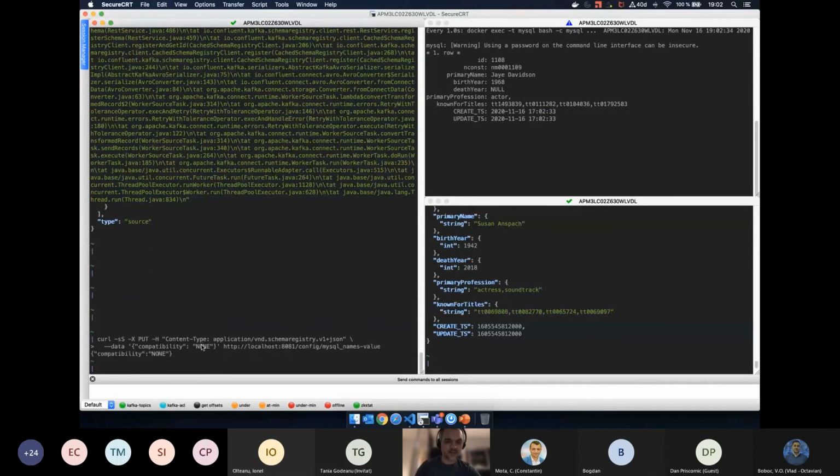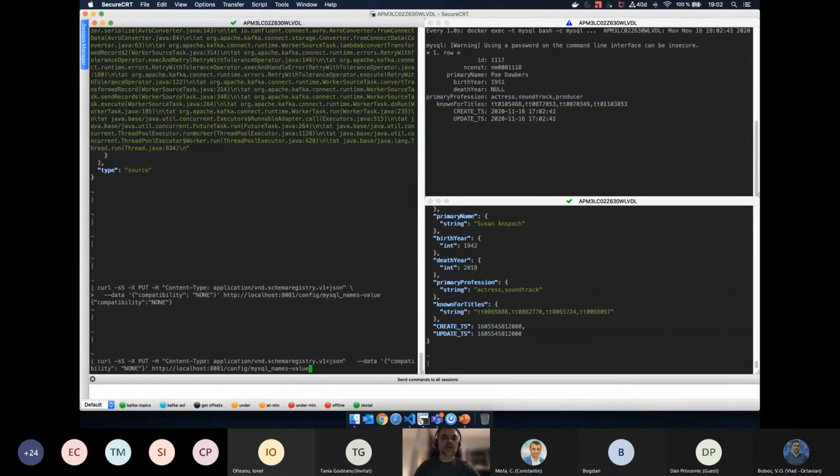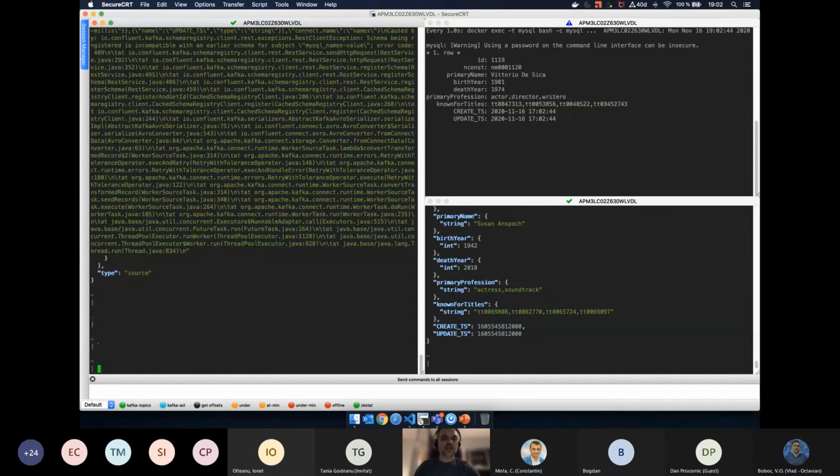Now let's change the compatibility type for our MySQL names topic. And like I said in the presentation, we need to manually restart the task. So tasks 0 restart, and this is a post.